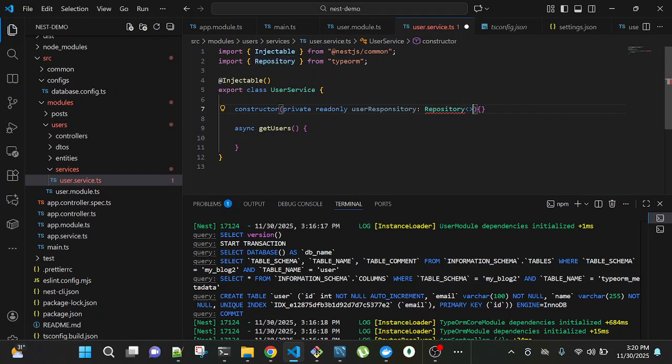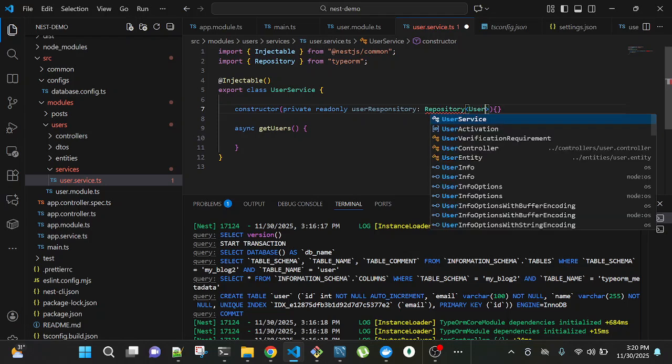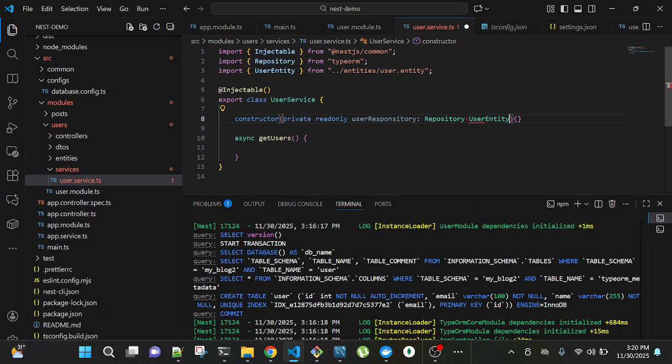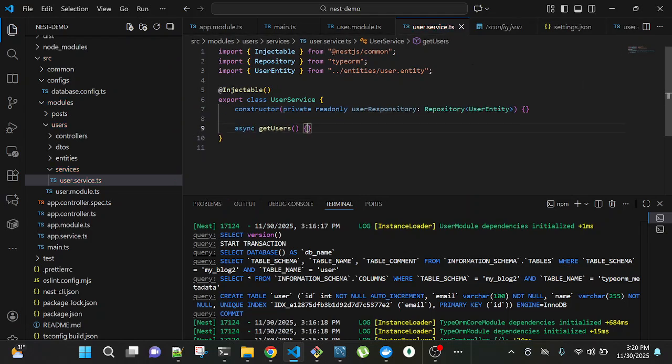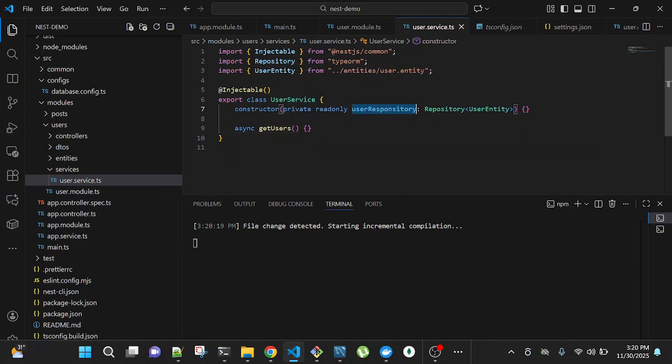So we're going to give it a generic type of user entity, right? So basically now we have imported a user repository, and we can now use it to implement some of the methods.